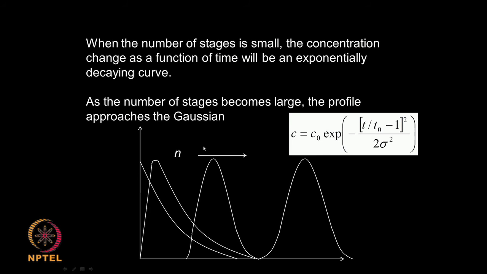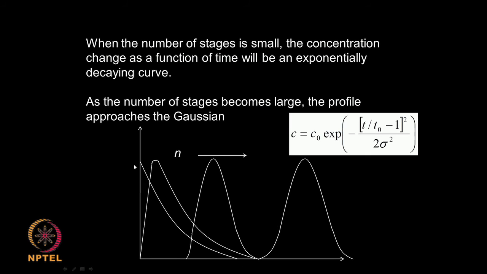If n is equal to 1, that means the whole chromatographic column is assumed to be a single stage, and when you inject a sample at time equal to 0, the output will appear like this,